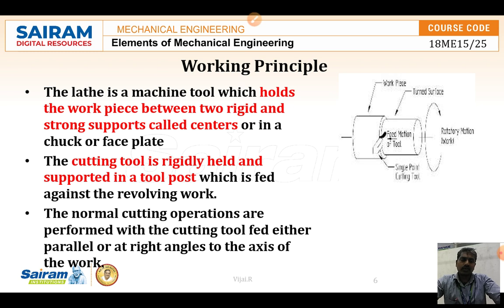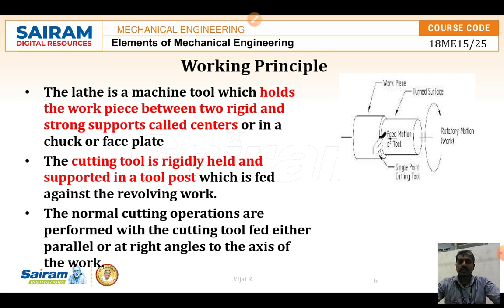We can see in the working principle sketch that the workpiece is held by a chuck, and it can be supported by another device, the tailstock. If the workpiece is very long, we can give another support on the opposite side. So there are two centers, a live center and a dead center.